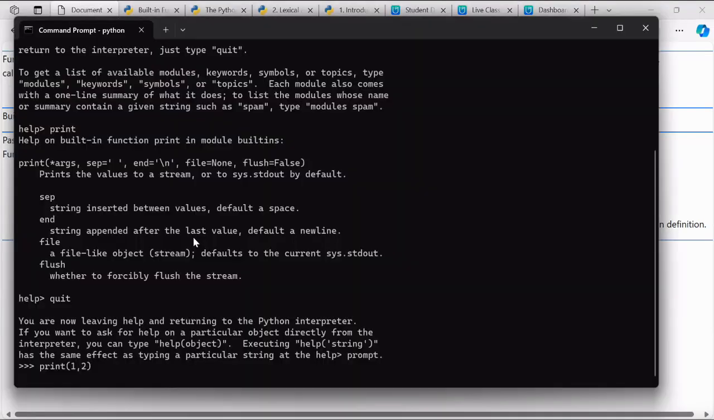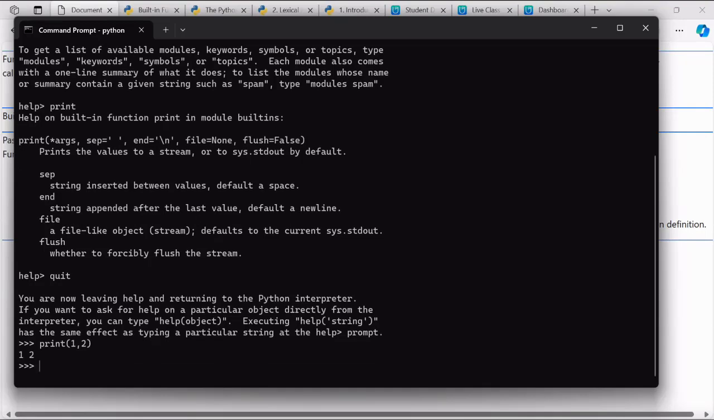So when we are giving print of 1, 2, both 1 and 2 are positional, in the sense they are analyzed based on their position, or the output will depend on their position, whatever we are giving. If I am printing this onto the screen, here we are getting the output 1 space 2. Why only a space in the output? The reason is